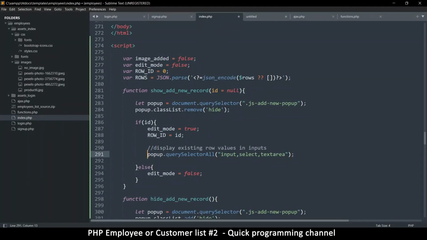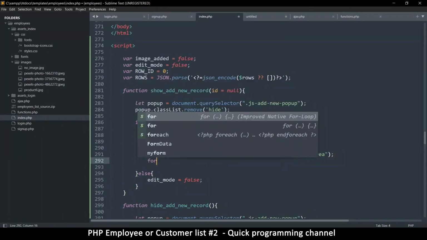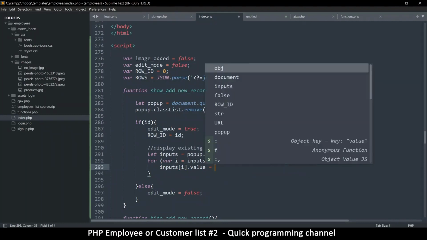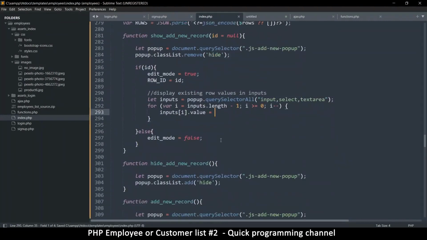So here I'm gonna say let inputs is equal to. Okay, so once we grab those, let's do a for each loop, a for loop there, again like what we did before, and we're just going to say input dot value is equal to, and then here I'm going to put